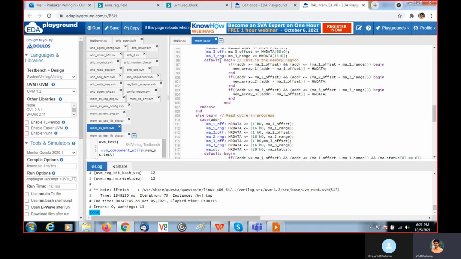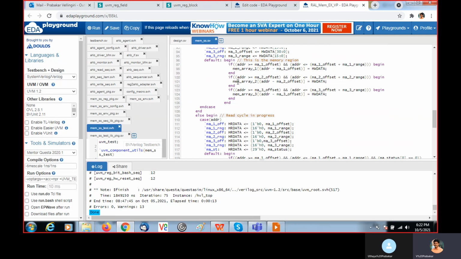If I give an address in between, it will check that the address is greater than the offset, and the address should be below range plus offset. So in the corresponding location, mem array of 1, the data coming in HWDATA will be written to the corresponding memory location.